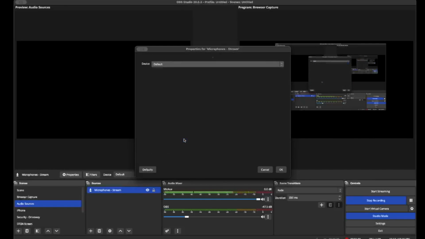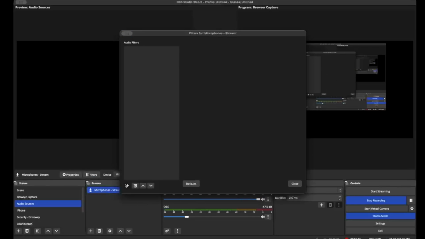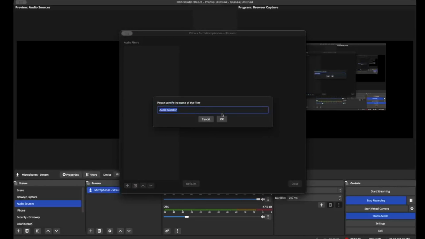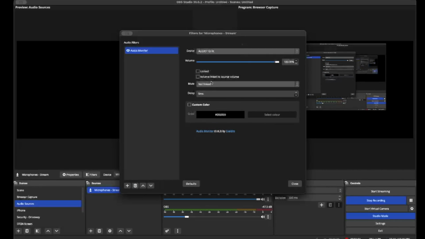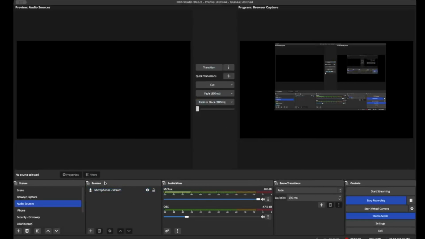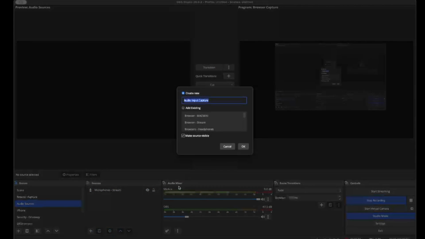do microphones from here. And for filters on this one, we're going to do an output, audio monitor, and we are going to send that to audio to video conference. We're going to put a volume on it, and we are going to link the source muting, and we're going to close it. The next one I'm going to create is audio capture, and let's call this stream,